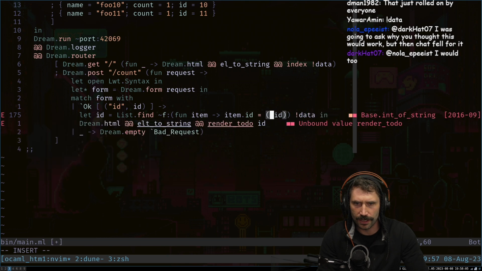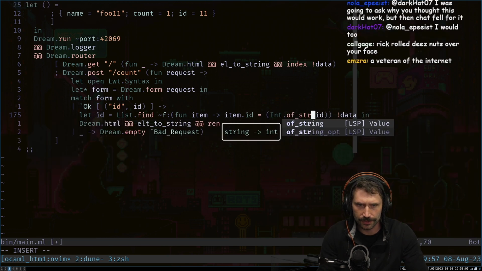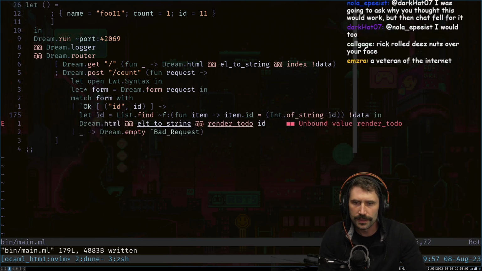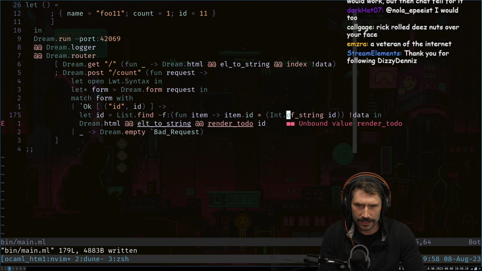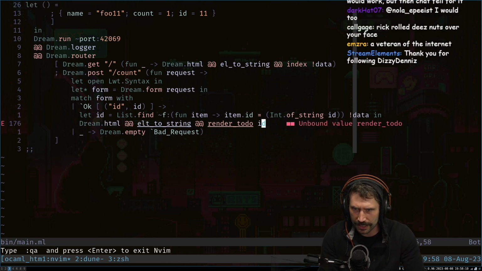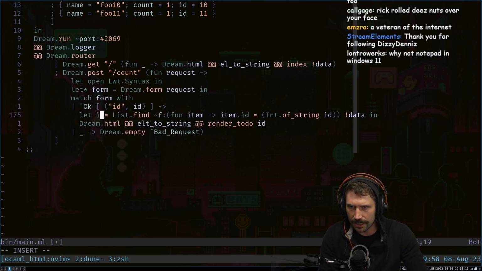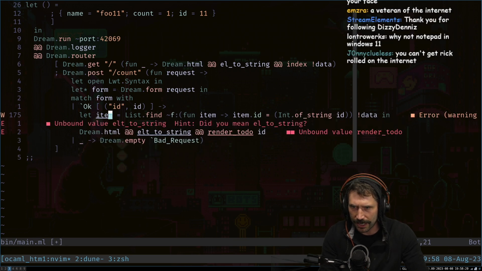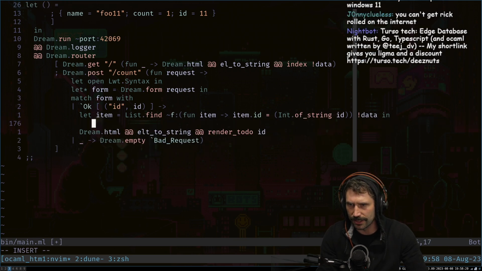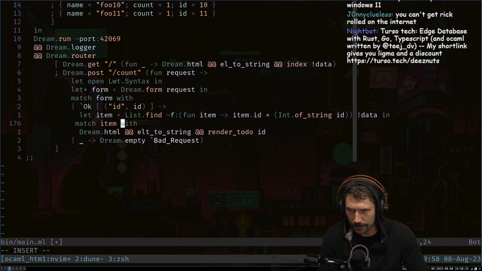Int of string. Okay, int of string. Let's go. Okay, and what does this return? This returns just an int. Okay, interesting. So if we have this thing, we get the item out, and this is what? This is an option? Okay, so that means we have to match item with